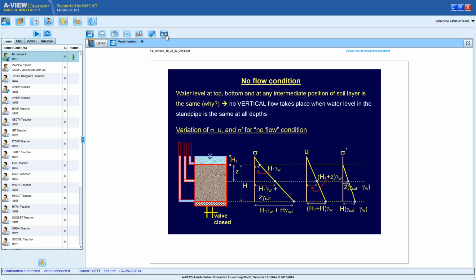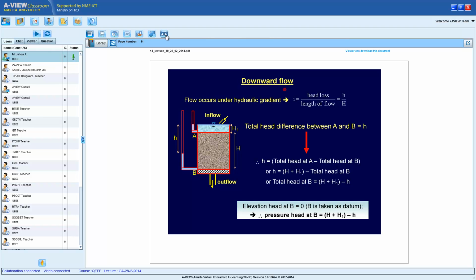So let's look at this in rather more detail for the downward flow, which was the second tank. We are looking at the second tank wherein inflow was from the top, a constant level was maintained, and outflow was from the bottom. Just to remind you,